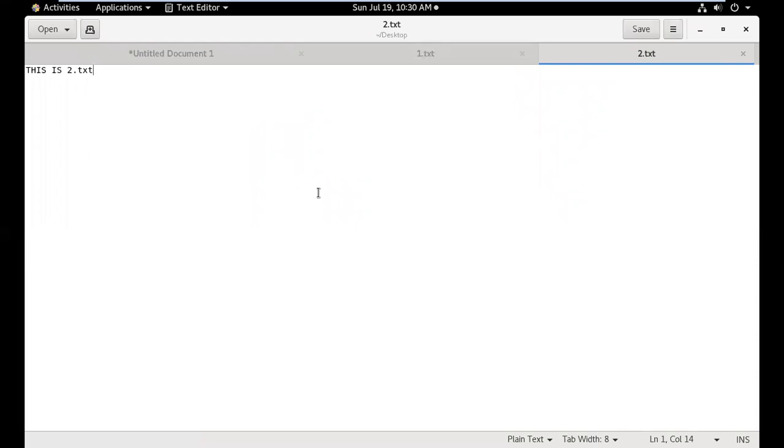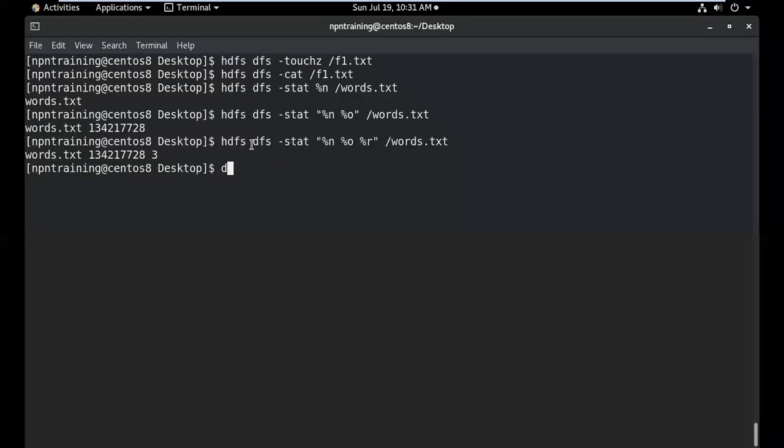This is a very, very important command which improves the performance. You understood the scenario, right? I want to move this 1.txt and 2.txt into HDFS, but it has to be merged into one single file. So that's very important. In that kind of scenario, what we can do is, this is all very important, HDFS DFS, there's a command by name appendToFile. This is an important command by name appendToFile.